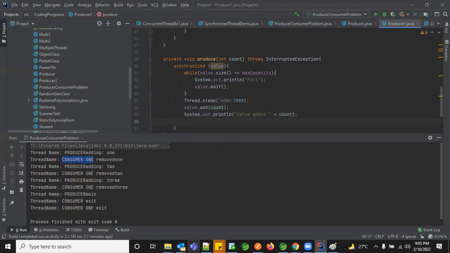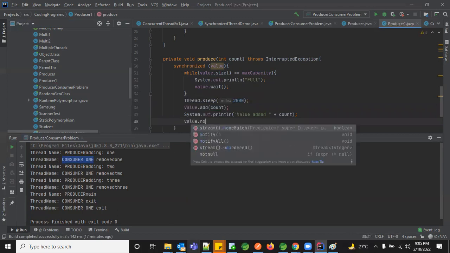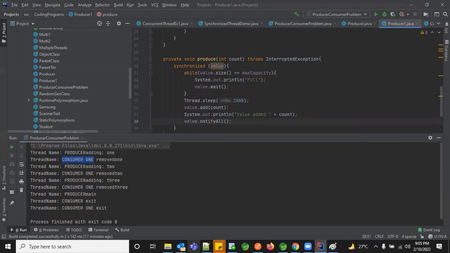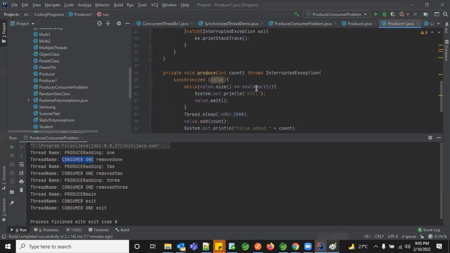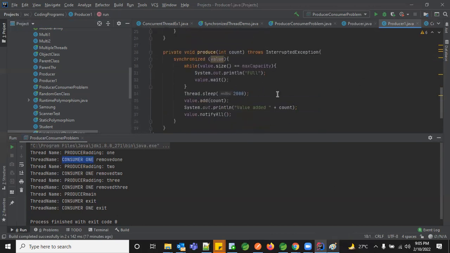So I need to again notify the other threads to take control, right? So I just give value dot notifyAll. It's not one thread, it's multiple threads, so I'm giving notifyAll. So did you get an idea of what I did here so far? Yes, please. Any confusions? No. Okay. So this is the way we have done the